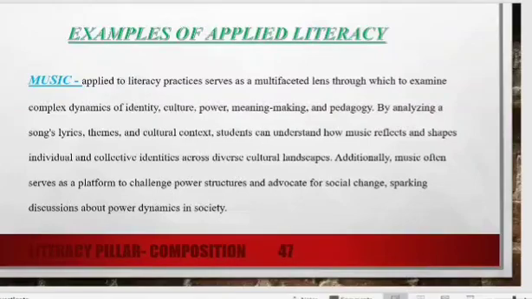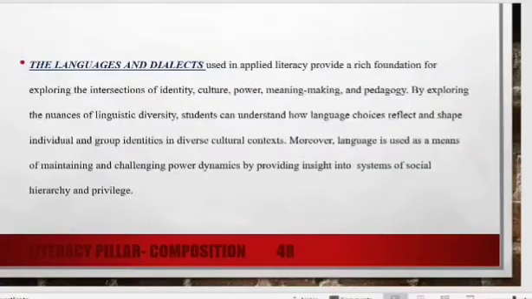So by listening to music and the culture, the power, meaning, and pedagogy of a music can help you to write themes and so on in a composition, like the topic sentence, and help you to build a composition. Similar to seeing: when you see things, you could write.